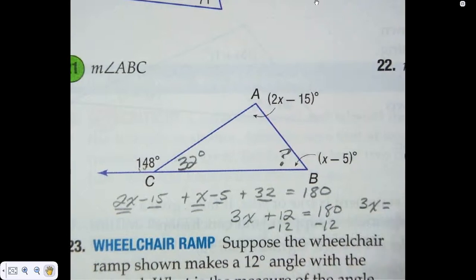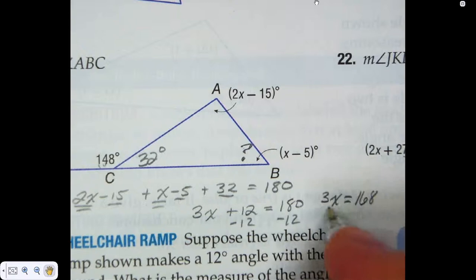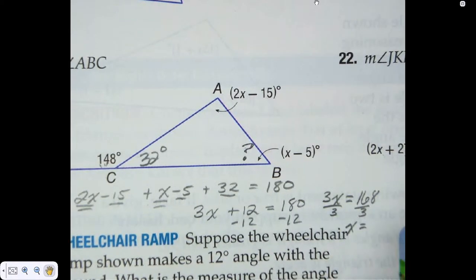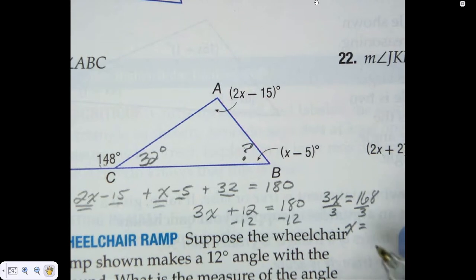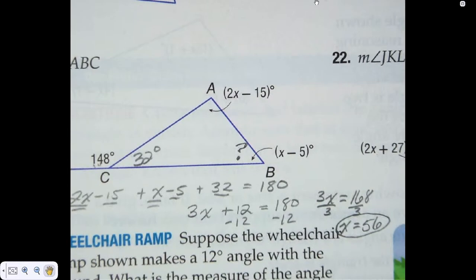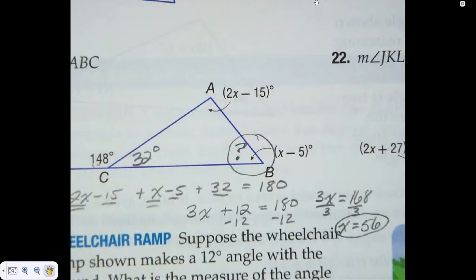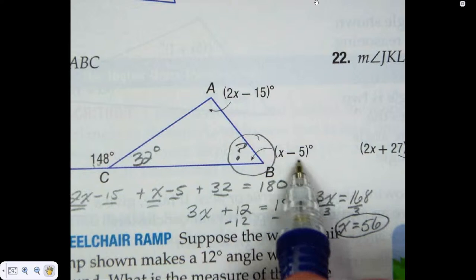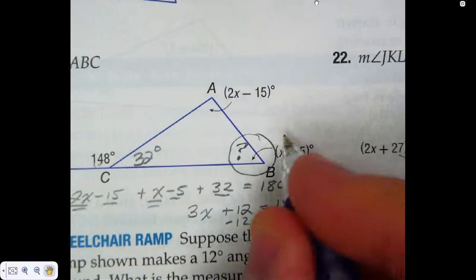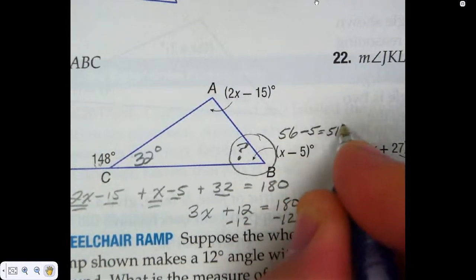3x is equal to what? What am I going to do now? What is x equal to? 3 goes into 168, 56 times. Now, is this the answer to the problem? No, it's not. What did they ask for? That angle right there. And it's x minus 5. What is x? So it's 56 minus what? So your answer is